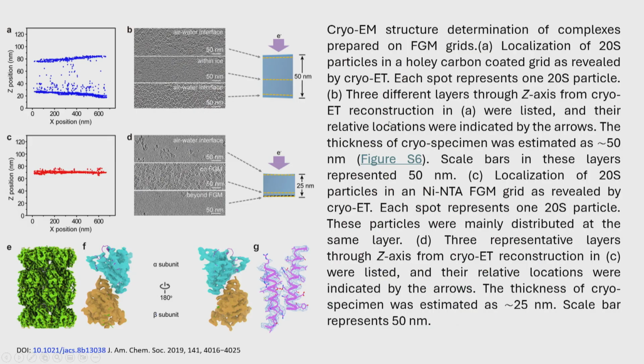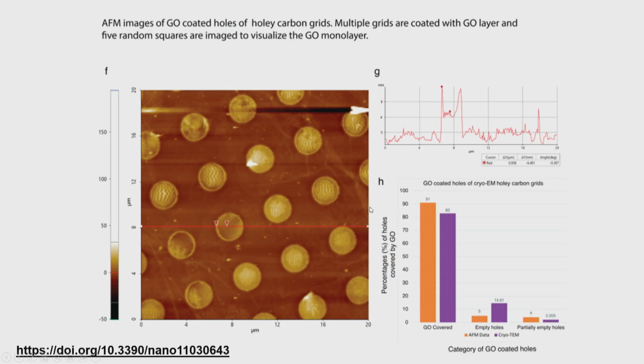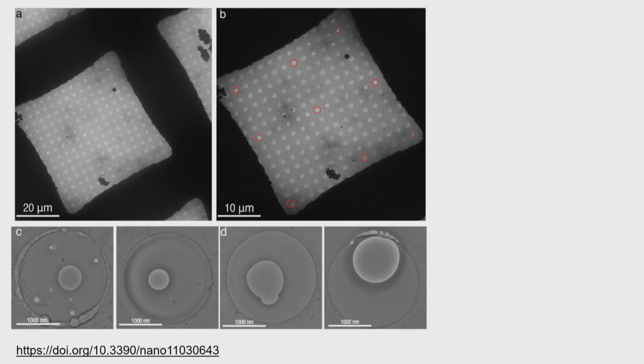So these are different types of graphene oxide grids that we can use, which can help us avoid the air-water interface problem and also the preferred orientation problem, and we can achieve very high resolution 3D reconstruction from those images. Not only that, we want to discuss a little bit more about the stability of those grids, how stable those grids are. Here I am showing you one example of a grid coated with graphene oxide, where we are using different electron beam doses, because you are now familiar with the electron beam dose, right.